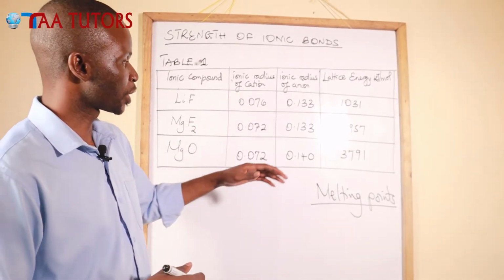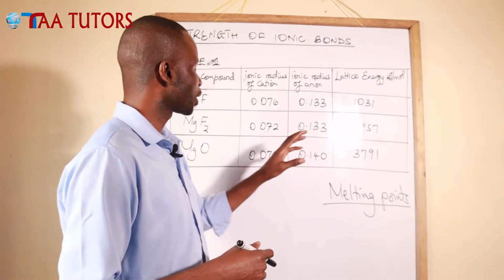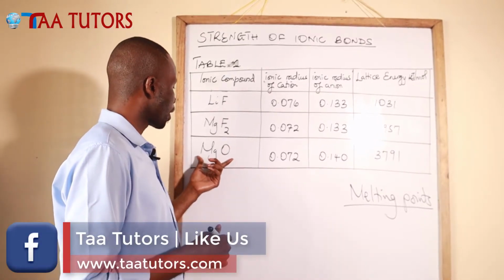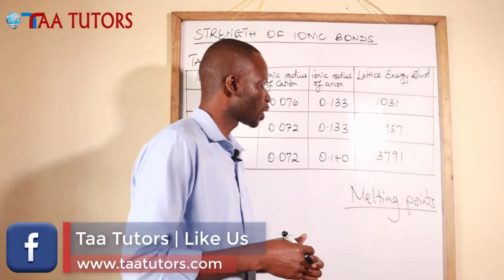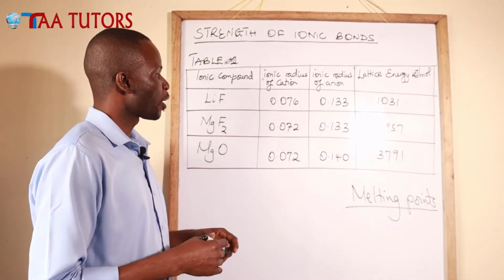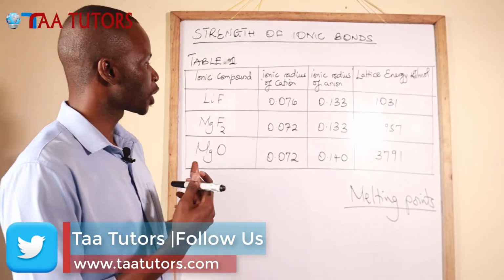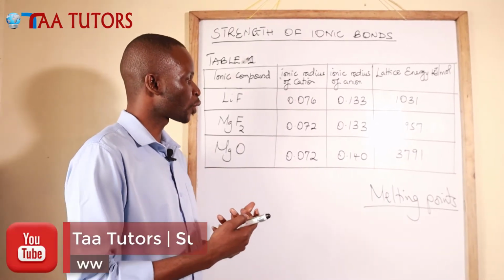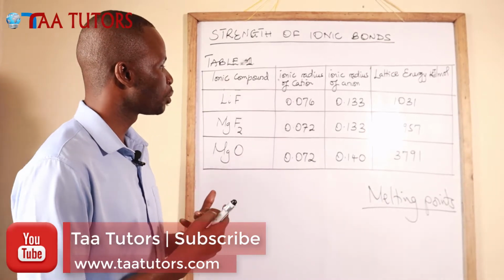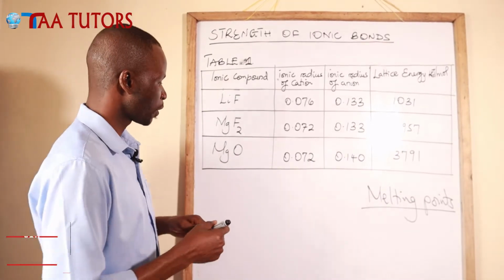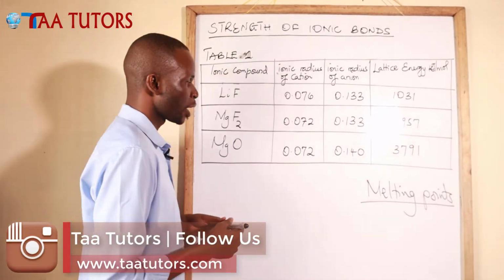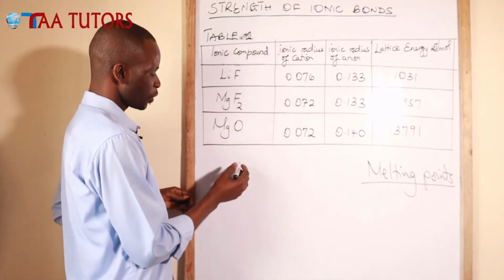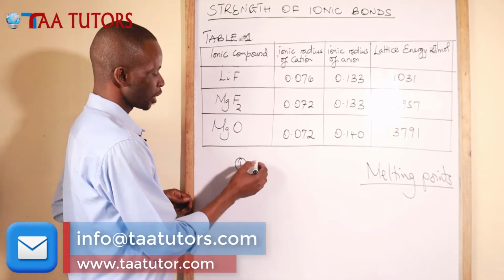Now we want to understand why this is happening. It means that if you melt these compounds down, we'll spend more energy breaking down magnesium oxide, and that energy will be 3791 kilojoules per mole. The explanation as to why magnesium oxide has the highest lattice energy or melting point requires two factors. The first factor is